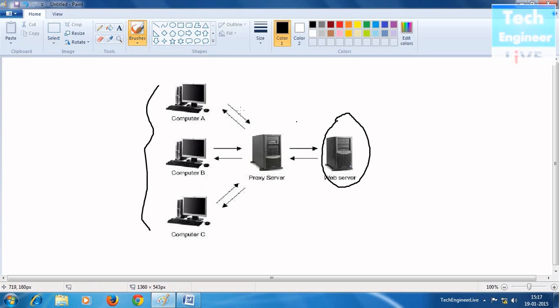So, like I want to access a website called FB, Facebook, and if my computer A wants to access Facebook, it will first contact the proxy server, and then it will give the request to the web server to access. So basically, it's an intermediate. It works as an intermediate. You can say a median, and every client computer connected with proxy server will first provide